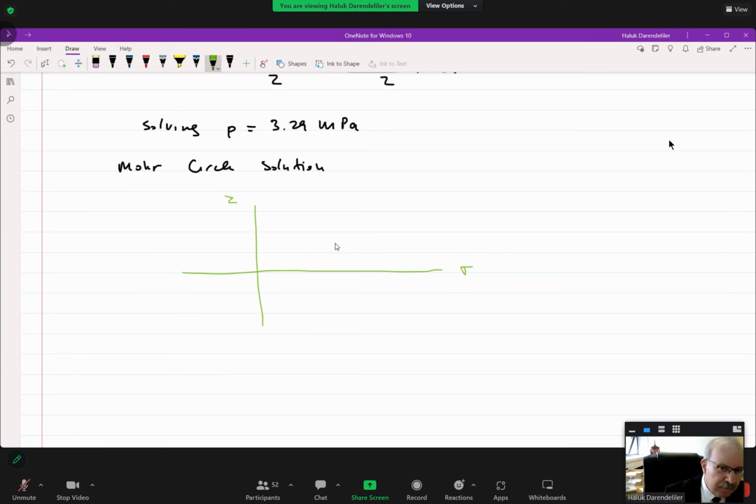Now look, we know sigma 1, which is hoop stress. Okay. Or at least we know that there is a normal stress on that orientation. Then we know,